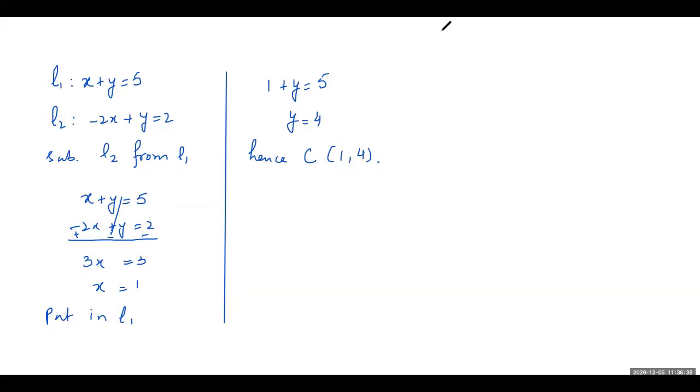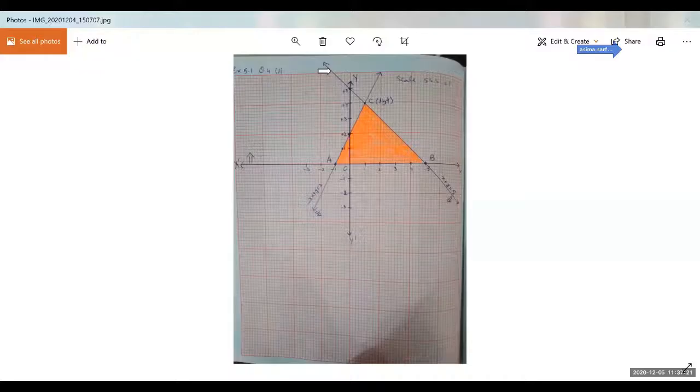Now let me show you what will be the shape of the graph when you do it on a graph paper. You can see this is the line x plus y equals 5. This is the line -2x plus y equals 2. And this is y equals 0. It is representing that all the shaded portion will be above the x-axis. And then these are the corner points, point A, point B, and point C. You may write the coordinates of point A here, coordinates of point B here, and coordinates of point C here. And that is the complete solution.